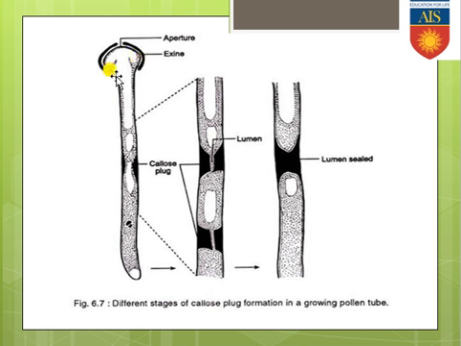This is, suppose, the pollen grain from where the pollen tube has been formed, and you can see that from the surface of the pollen tube, callous plugs will start forming, and these are actually blocking the entire lumen so that the cytoplasm can't move at a higher speed or higher velocity. In a specific distance interval you can see these callous plugs are produced, and those are commonly producing the callous wall, so that the cytoplasm cannot move in a very smooth manner. It will get restricted during its movement. Okay, so this is overall the pollen pistil interaction, whatever I have just discussed.